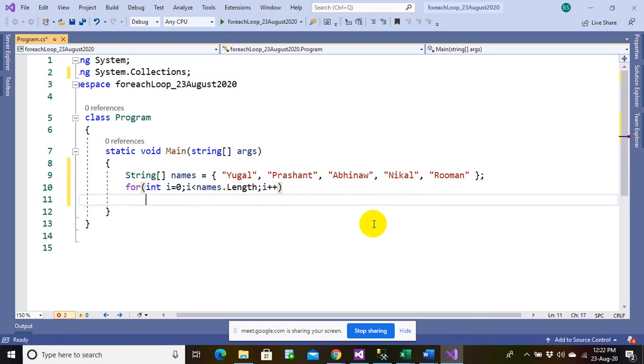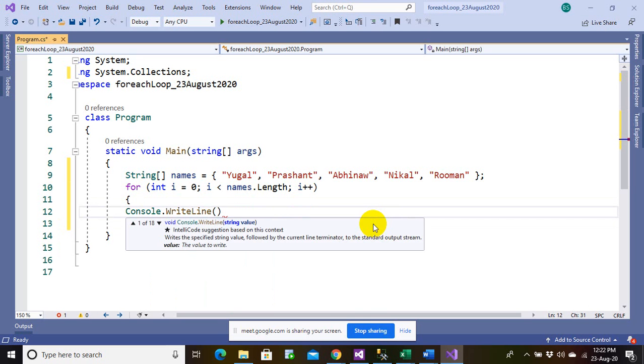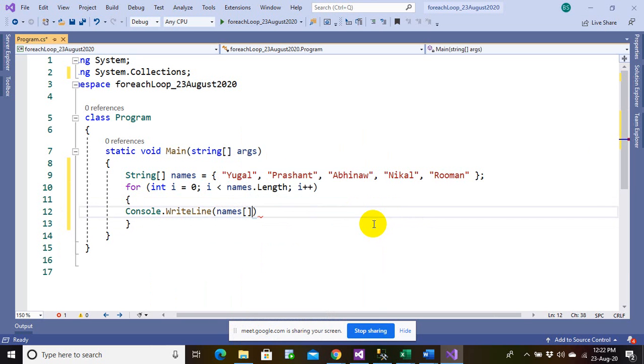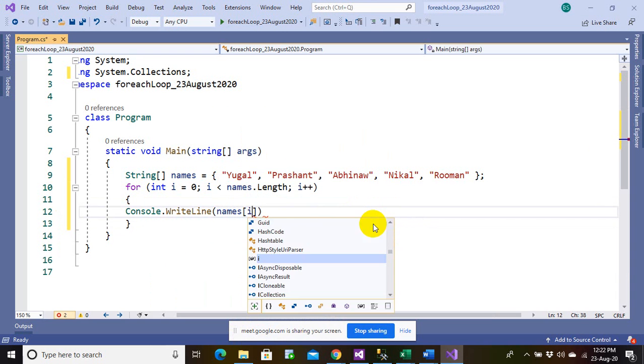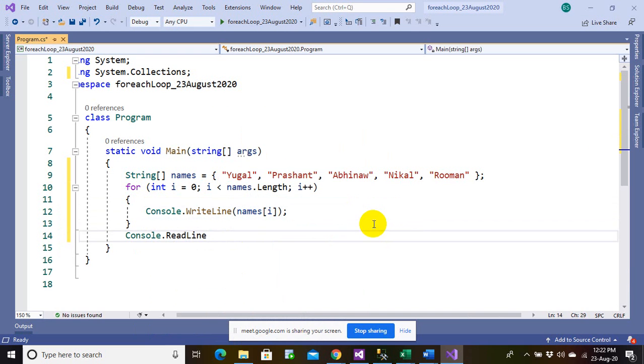Then i plus plus, and what you used to do is print all these values like this. So this is by using index position. We are accessing through an index position, everyone. So this way you are printing all the values using the index positions.